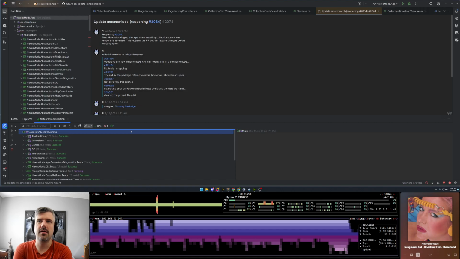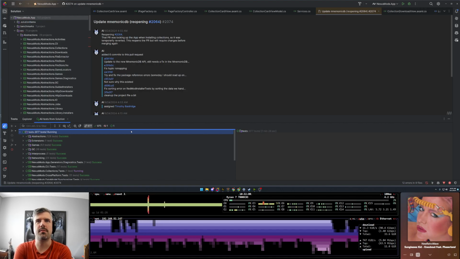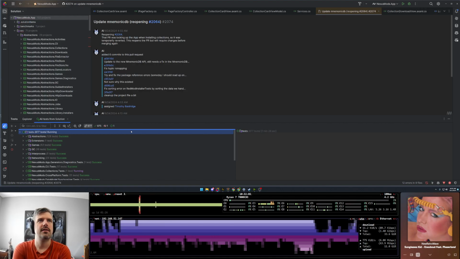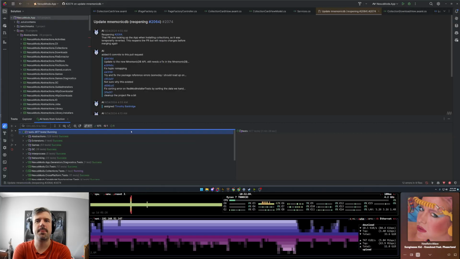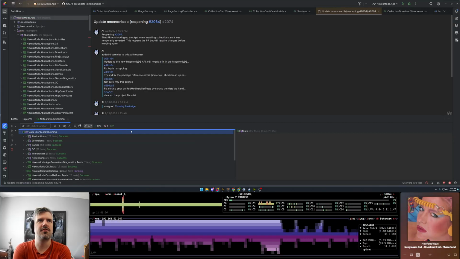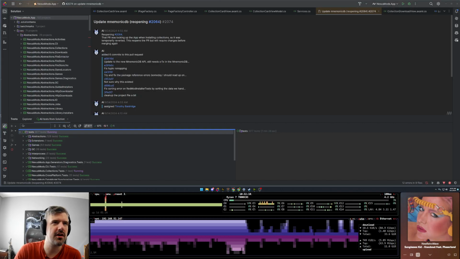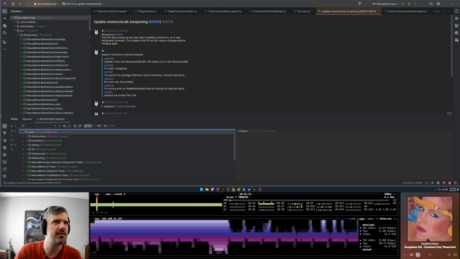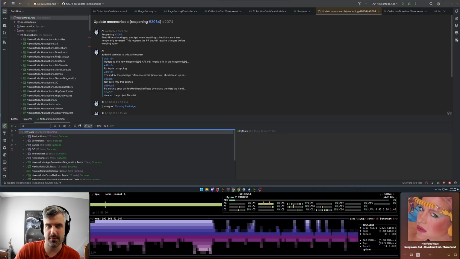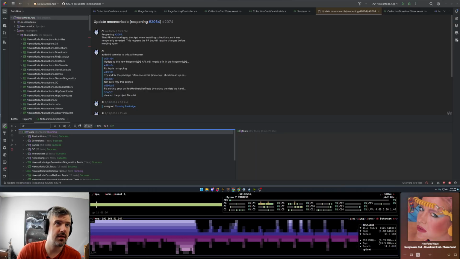But if you look down on your screen at BTOP, we're not really seeing that much disk usage or CPU usage, which is kind of weird. I would have expected to see more cores pegged, but, yeah, well.